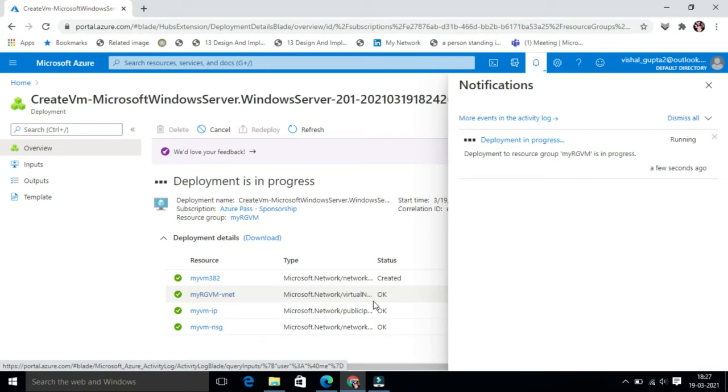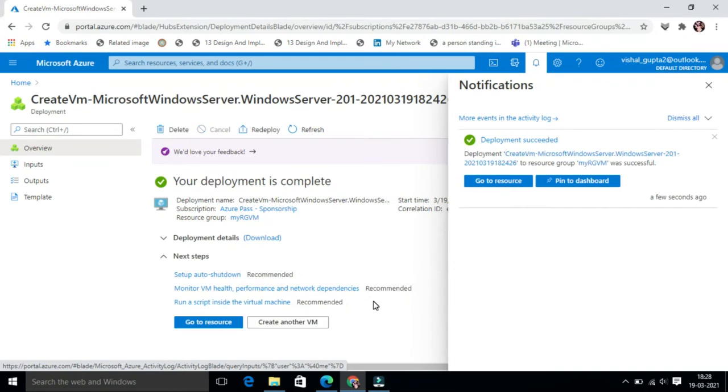When it is deployed, we will connect to our new virtual machine using RDP. Now our deployment is complete and we will click on go to resource.